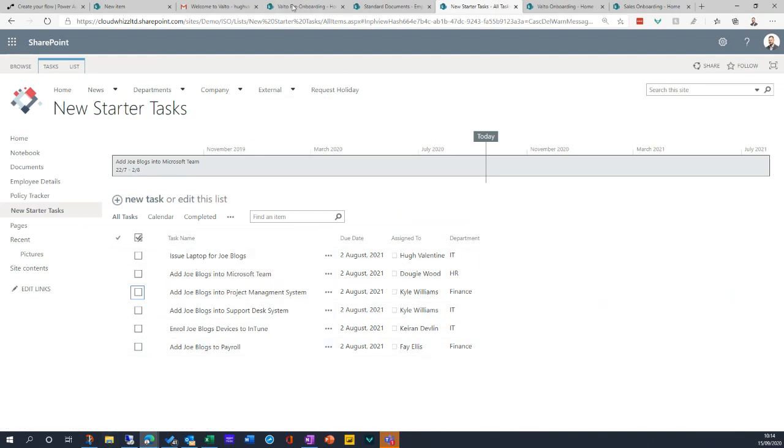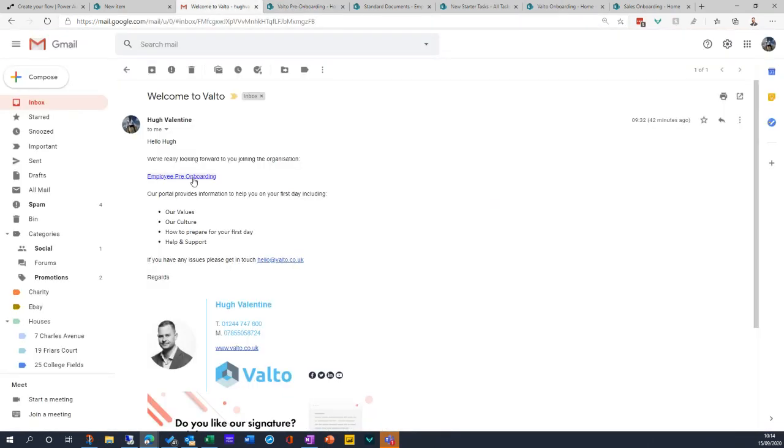Alongside this, you've seen the pre-onboarding portal and the email that they receive. But when they start in the organization on day 1, they will also receive an email to say, welcome to the organization, and we can take them to a slightly different portal. So the idea of this portal is, if I jump in to show you the